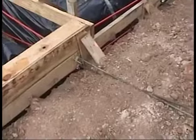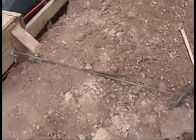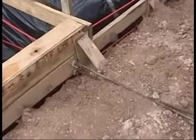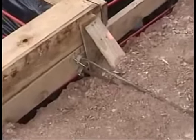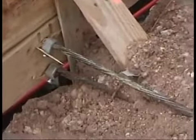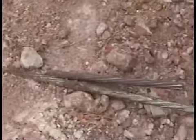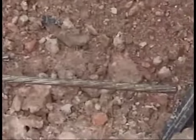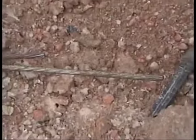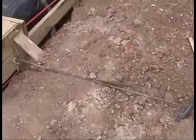Obviously, your tendons have not been stretched here. Once again, that'll be done within 6 to 10 days of pouring the slab. But what I want to point out here is it's important to make sure that none of these are unstretched or untensioned. What will happen, the inspector will come by after about 6-7 days to put white paint on the end of the rods. That means it's okay. They've done a preliminary test, okay to stretch. You'll see some white paint at the end. That means they're going to come by within a day or two with a hydraulic jack and put that 38,000